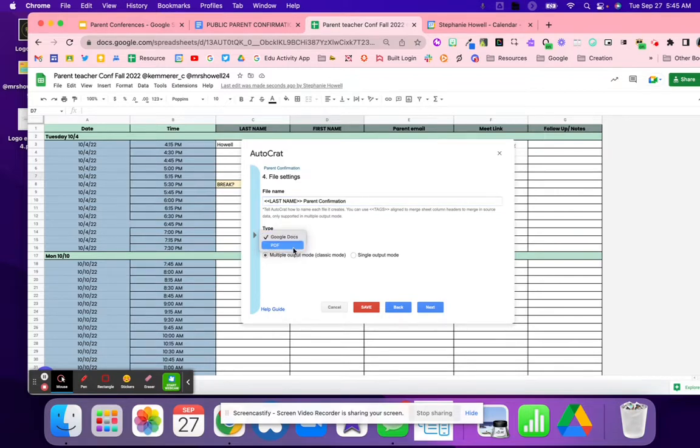I want it to be a PDF. However, you can kind of decide, because I just don't want the parents to be able to edit it or anything like that. So I'm going to go ahead and make it a PDF. I'm going to do multiple input or output mode, so that way each student gets their own letter sent to